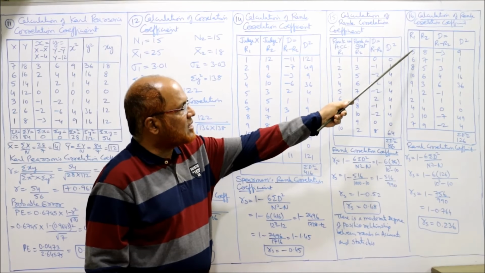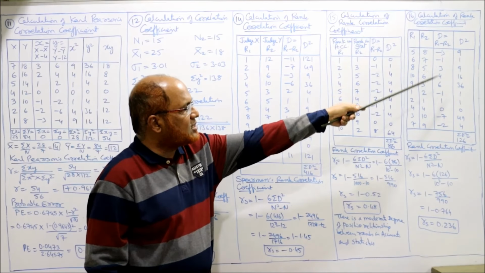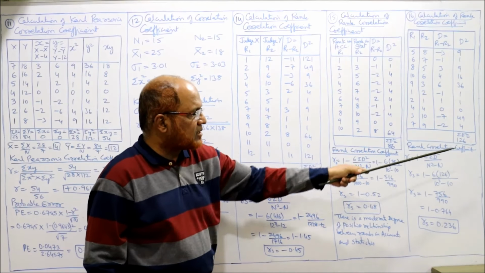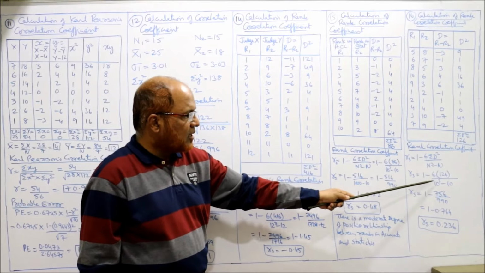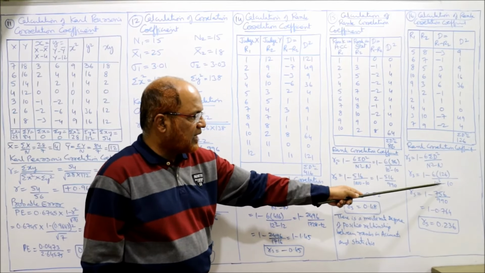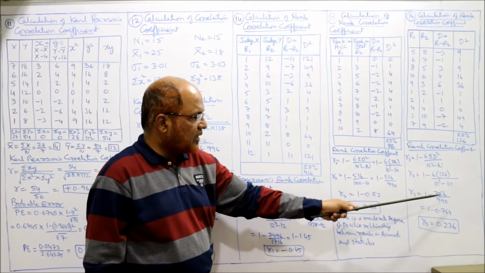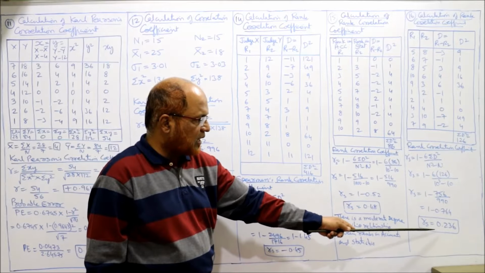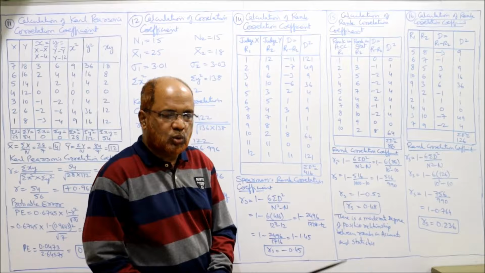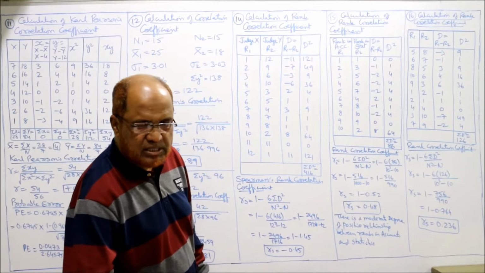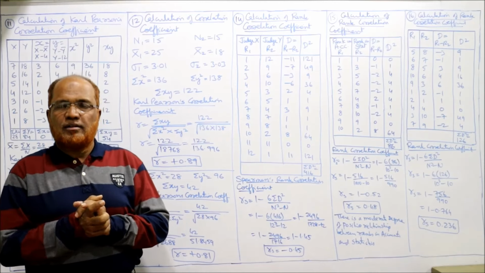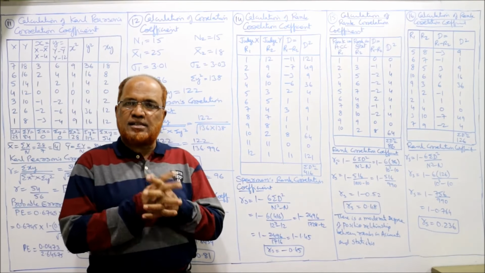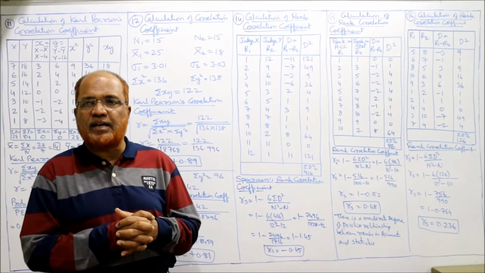Simply take the difference. R1 minus R2 कर दीजिए, D square कर दीजिए, total 126. You get rank correlation 1 minus 6 summation D square by N cube minus N. 6 into 126 divided by 10 cube minus 10. So 1 minus 756 by 990. So RS we got 0.236. That's all. Hope you understood the method of calculating Karl Pearson's method, and also now we have applied Spearman's